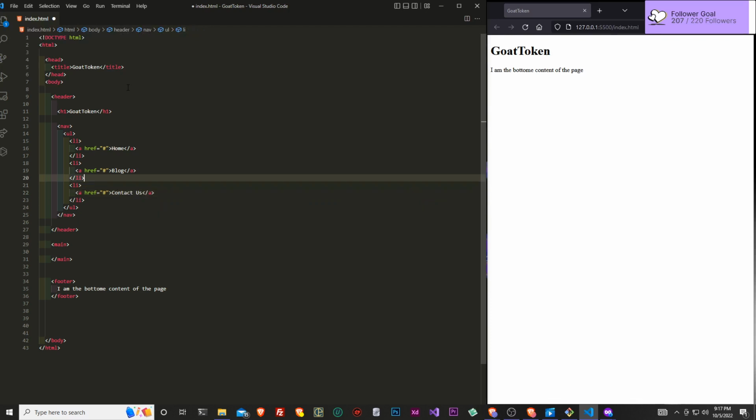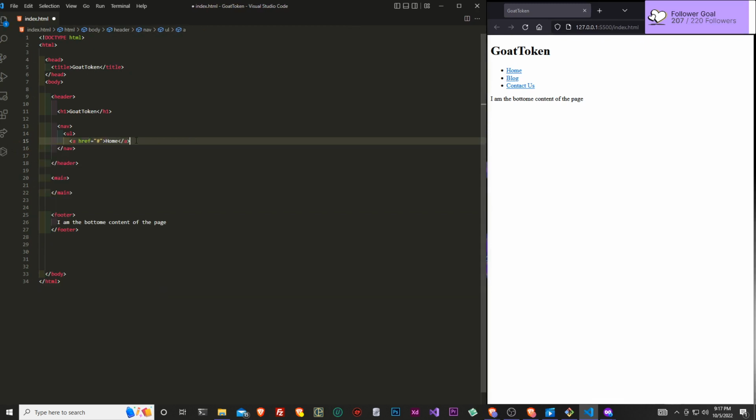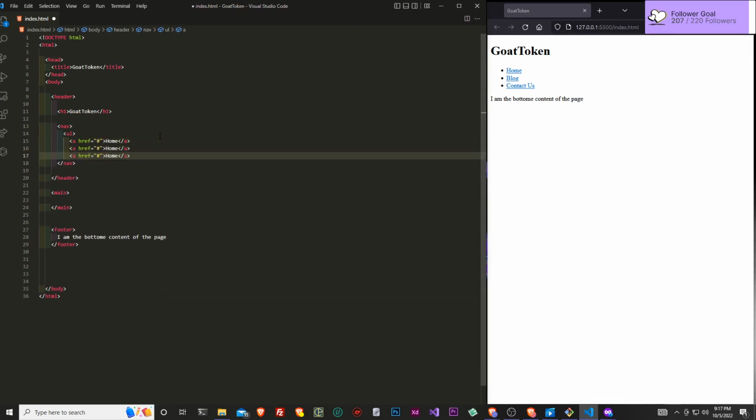Sweet. Looks really cool, right? Now let's save this, and this is what we get. It looks really ugly, but that's where the styling is going to come in. Now, I've seen some people have just anchor elements inside of a nav tag. Let me just show you how that looks. Instead of doing all of this, they would usually just put in some anchor elements like that.